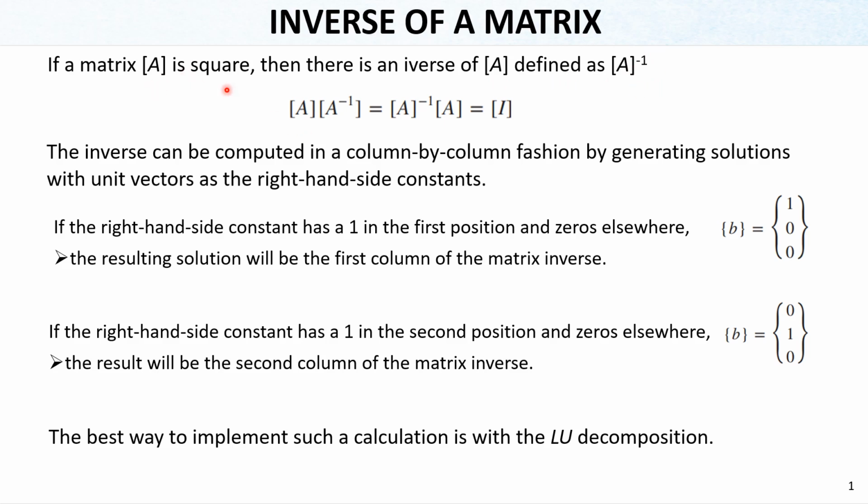So this is for square matrices only. And A times A minus 1 is equivalent to the identity matrix actually. And the inverse can be computed in a column by column fashion by generating solutions with unit vectors as the right hand side constants. What it means is that basically we will have a matrix, for instance a 3 by 3 matrix,